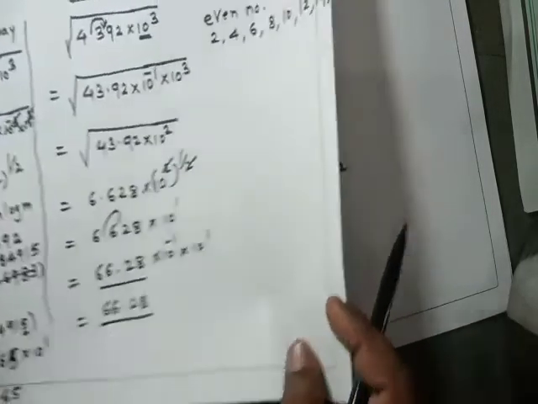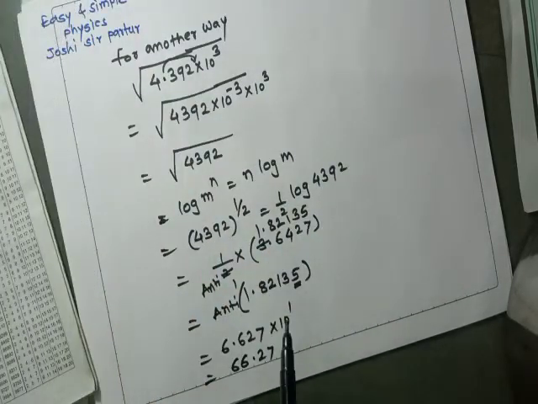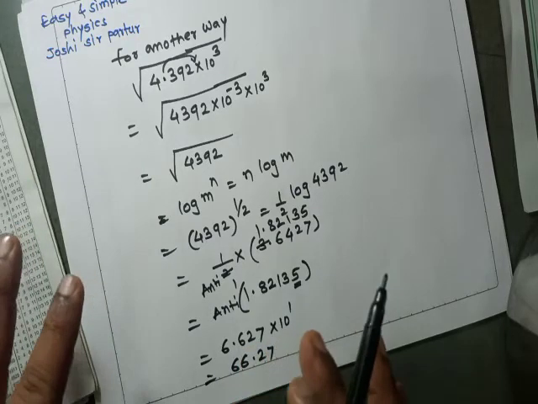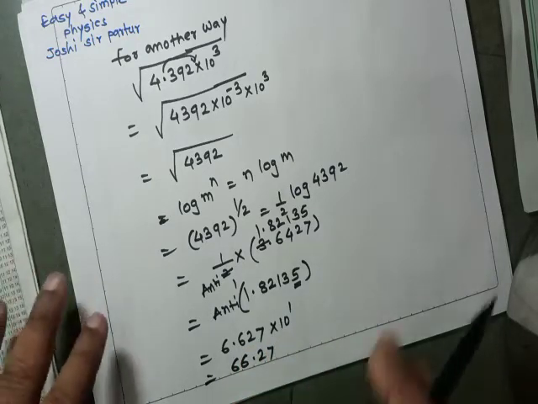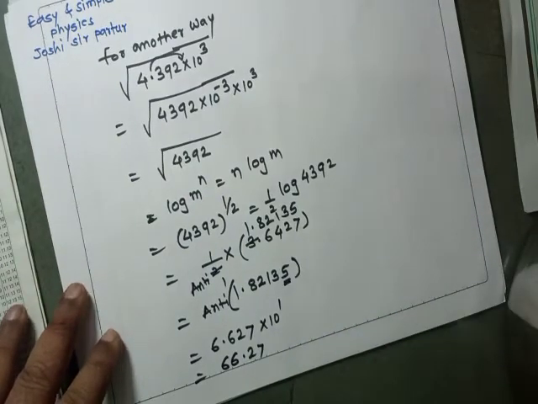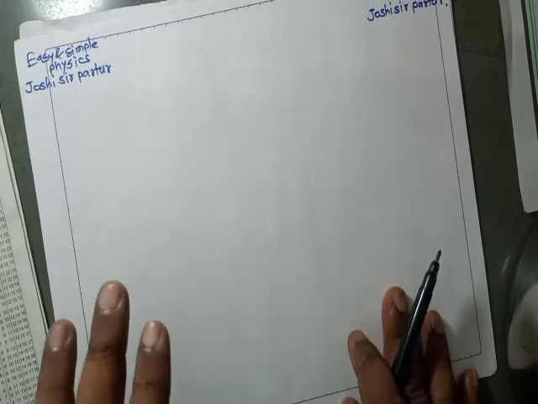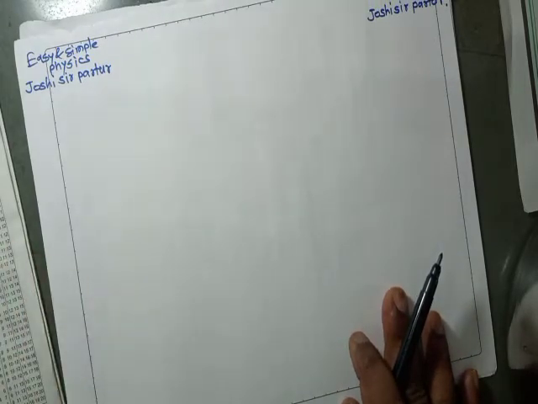And here we can see the answer is 66.28. Means both the examples show the same way to determine the square root. If we can determine the square root, then this method is also applicable for cube root, means square root and cube root are similar. Using this book, we can directly determine the square root from 1 to 10 and from 10 to 100.